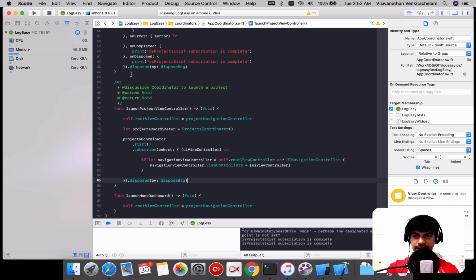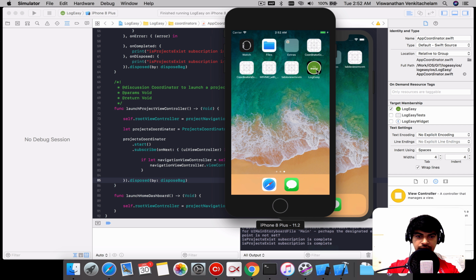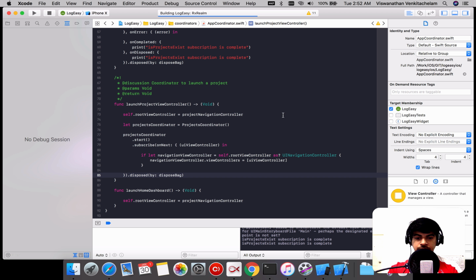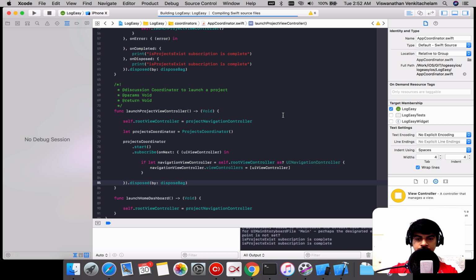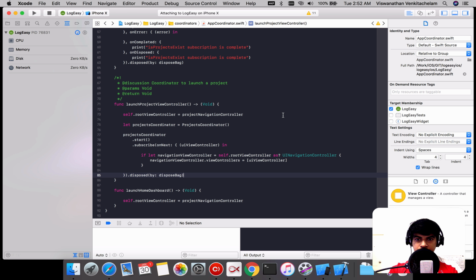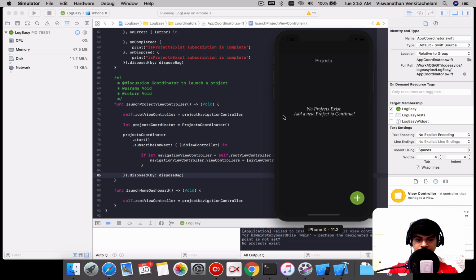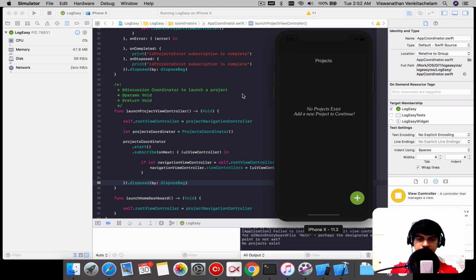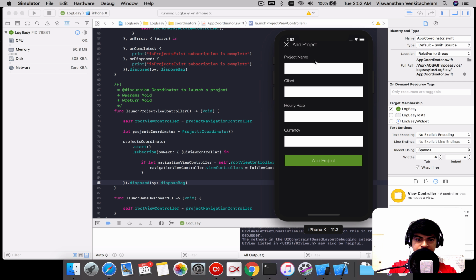So it's subscribed now. Let's just delete it and see if the things are working again. So you see it's come back to the project screen. So because it's subscribed, you can see that when you add a new project,